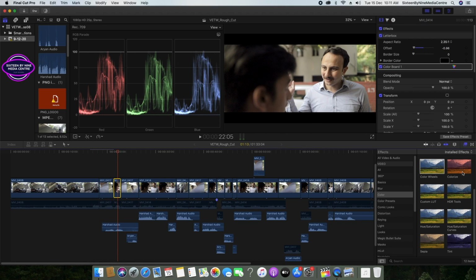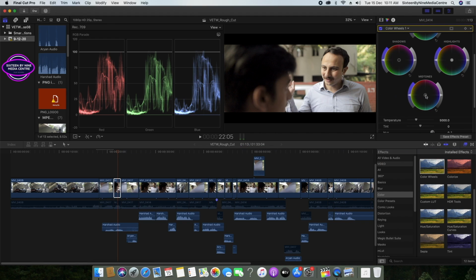Let us come to this. Put the color wheel here and do the same thing. Increase a little bit of midtones. Keep checking these things and add shadows.